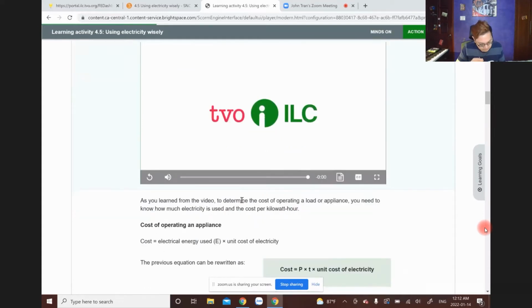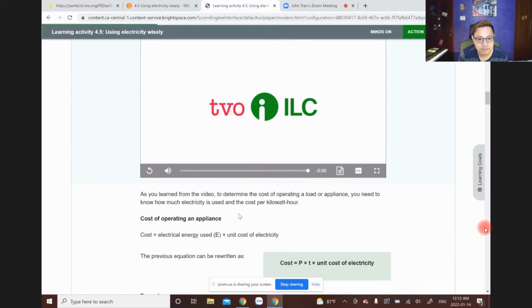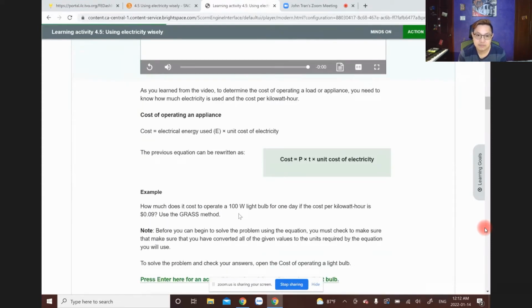As you learned from the video, to determine the cost of operating a load, you need to know how much electricity is used and the cost per kilowatt. Cost of operating appliance. The equation can be written as